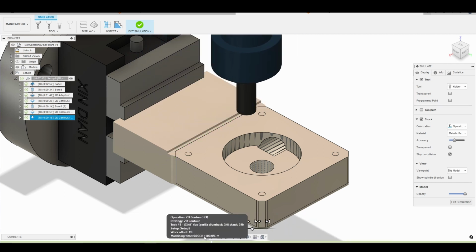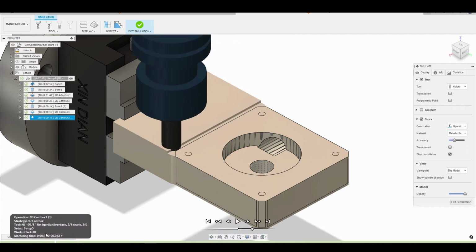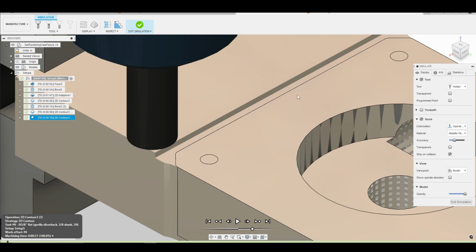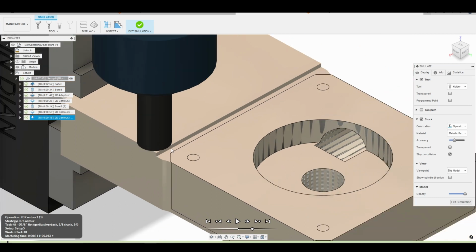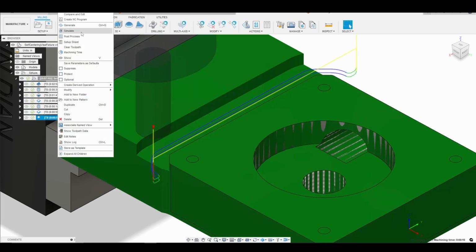Okay, and so I actually don't like that, because if we go back here to the beginning, you notice we went 50,000ths down from the top of our material, but if we look closely here, since we only faced off up to this edge, there's still material there which we were engaging in. So we're going to fix that by going back into our contour. So let's right click,